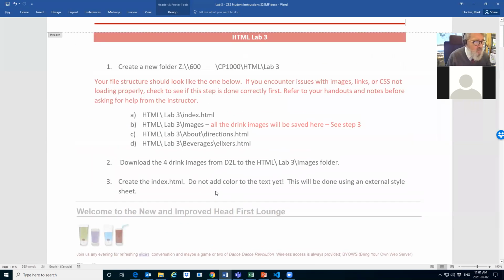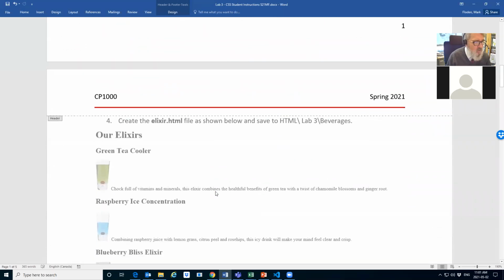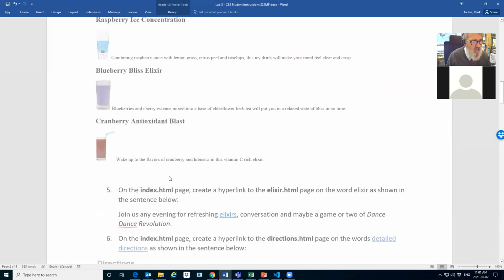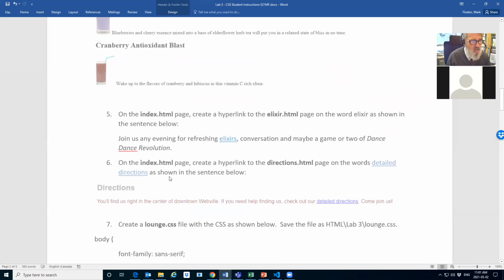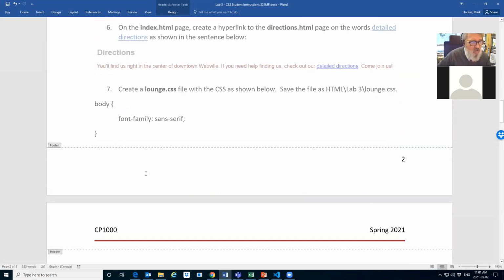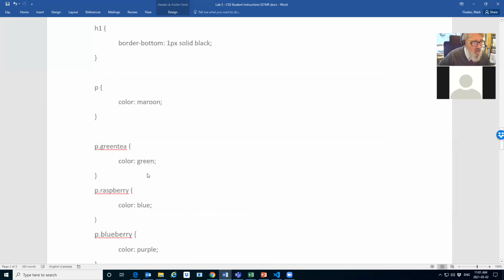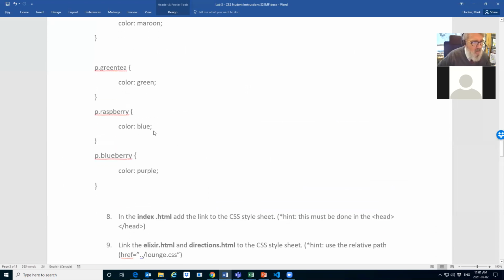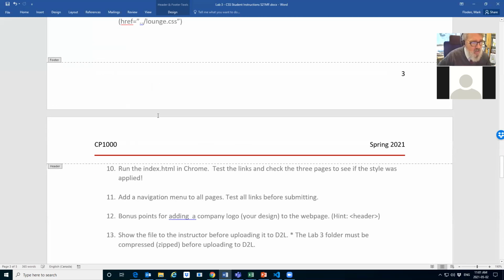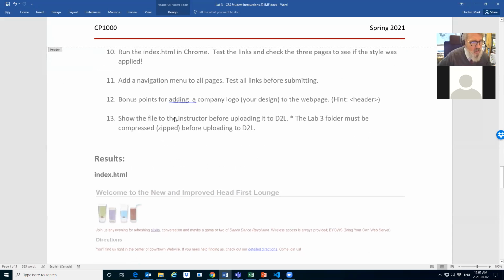Then, let's do this in a little bit more controlled way. Then you've got an elixir.html file, and it's going to have these things in it. And notice that the colors haven't been changed yet. That doesn't happen until you create the lounge.css file, and you link it in, and it actually has the code there for you. You could copy and paste that in, but that's all there. And then you need to link all those things together, and there are some bonus points that you can get. Let's go back to the